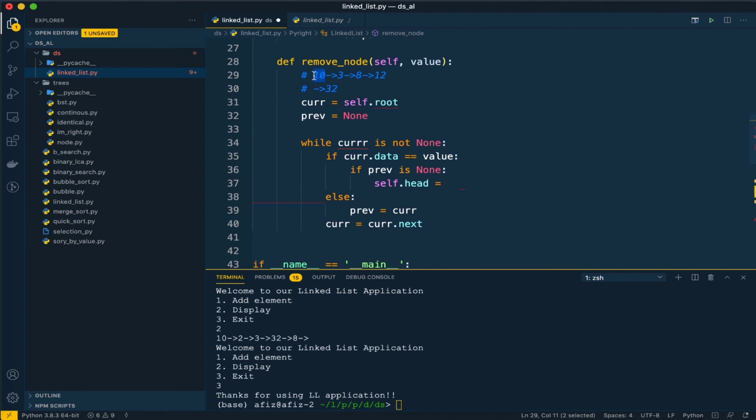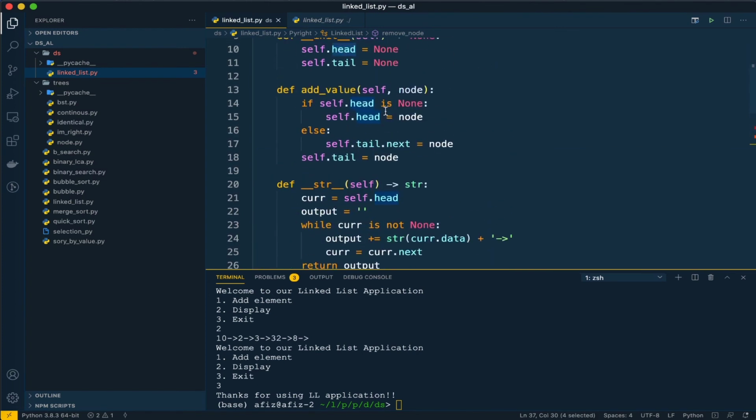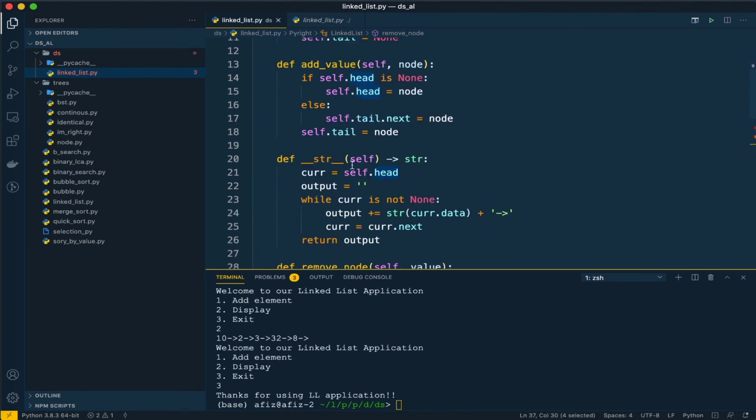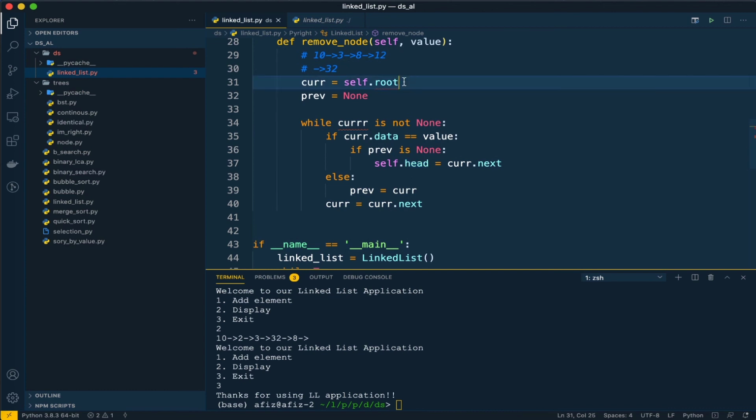To remove it, we can simply say self dot head is equal to current dot next. Is it head or root? What did we define here? This is head actually, not root. So let me rename this here.